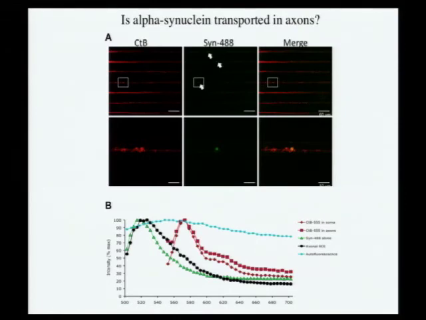Well, the first question is, do we see the alpha-synuclein fibrils within the axon in the microgrooves? And sure, we did. It's not very strong, but we have some punctae of fluorescence which correspond to the Alexa 488, which is the synuclein, in the axon. And to make sure it's not background, we look at the spectra of emission of those Alexa green dots, and they coincide. This is the spectrum for the CTB, which is a cholera toxin B label with Alexa 555,